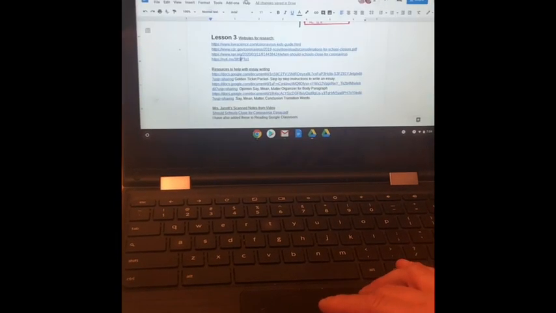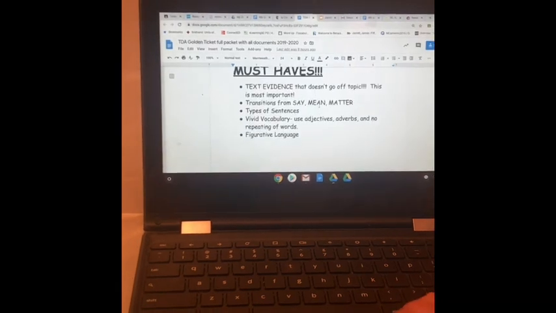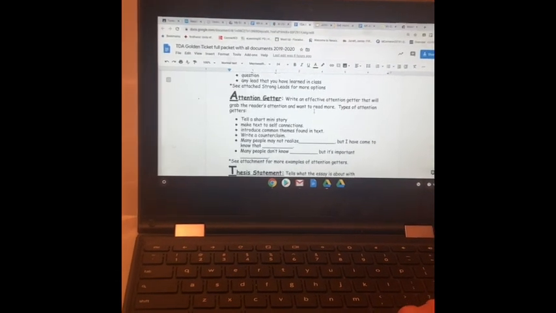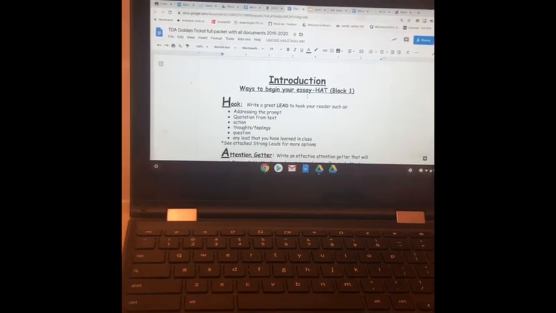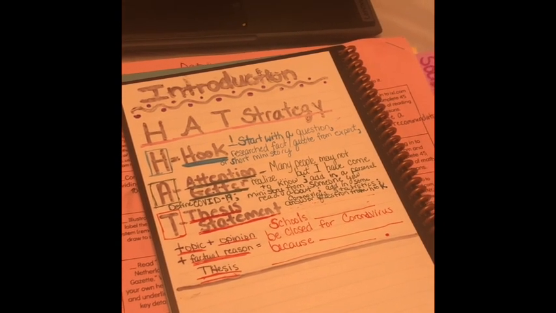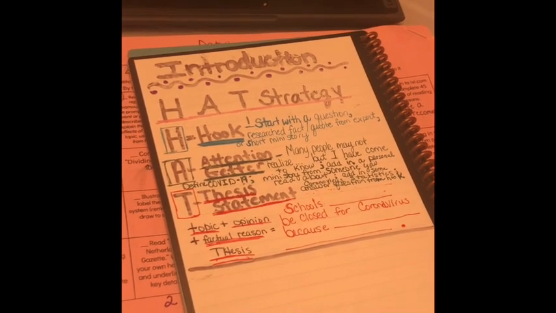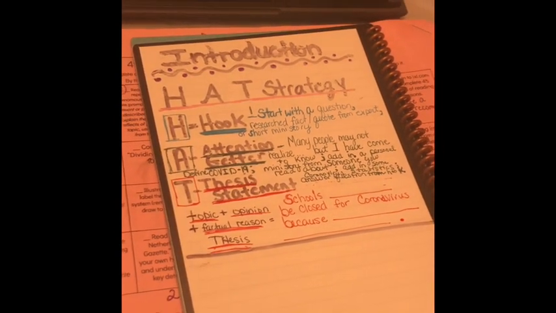Now, I've included on the 4th grade e-learning packet, on the link here, your resources to help with essay writing, my golden ticket in order to help us write our introduction, our body, and our conclusion. So, to write a proper introduction, we always use the hat strategy. Because when we write an essay, it's from hat to toe. So, remember we said H stands for hook, so take another look. H stands for hook. So what you're going to want to do is you're going to want to start with